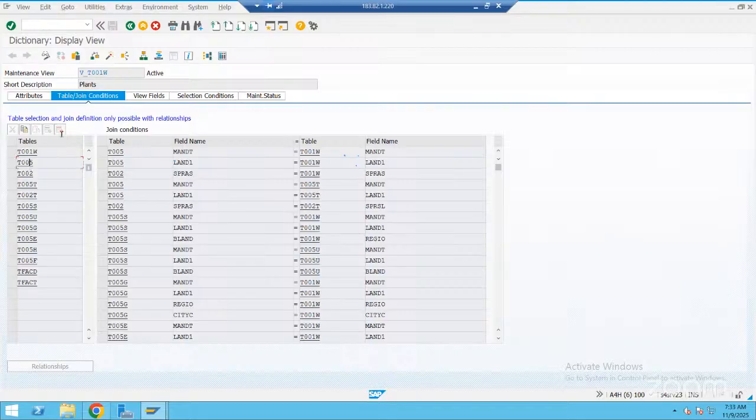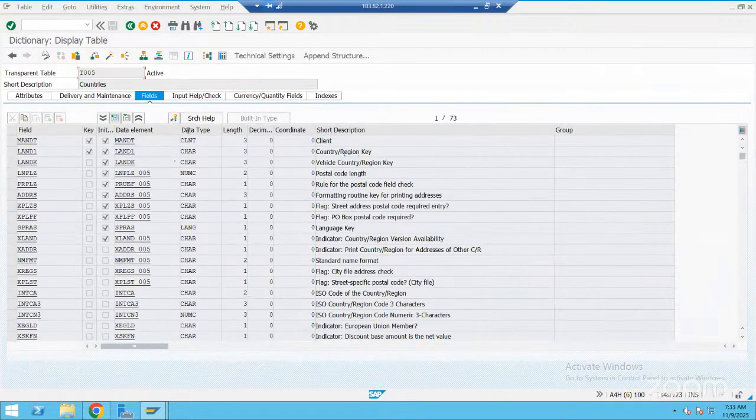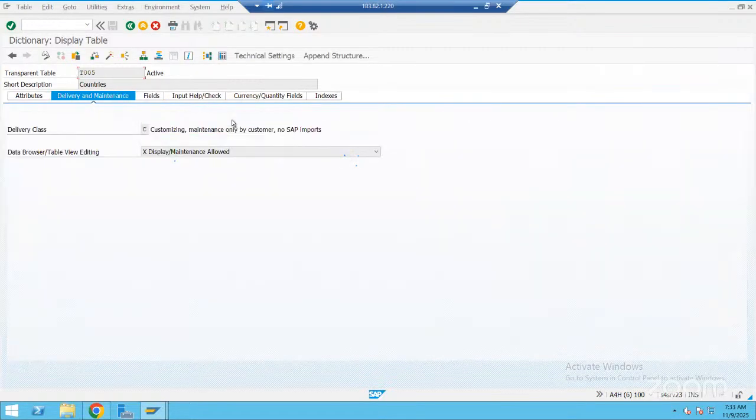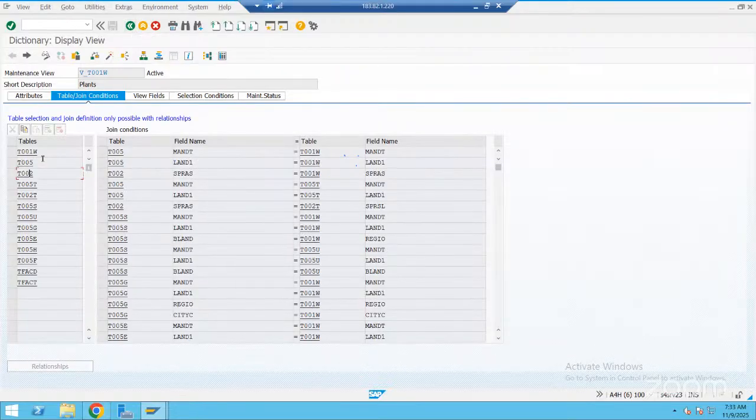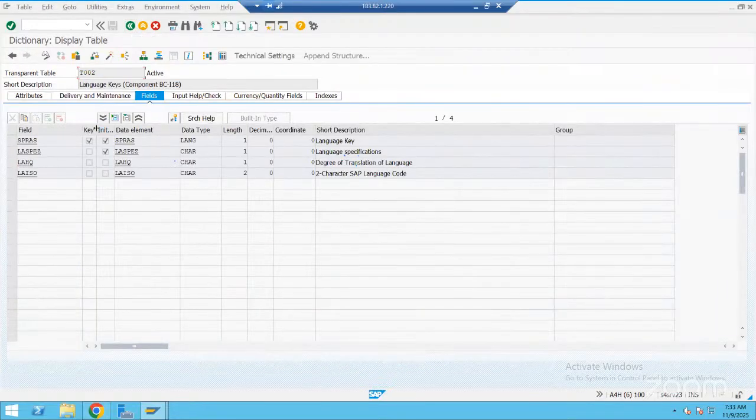T005, countries. So it goes to the countries table as well. Right? It is also maybe customizing only. Customizing table. Then go back. Double click on T002. Okay, what is this one? Language keys. Right? So data will go into this table as well. SAP has written that code in the backend.